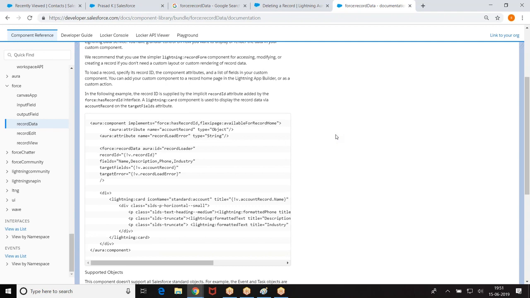It is an interface which is implemented by the component, which ensures that when we add this component on any one of the existing record pages, the ID of the record will be passed to this component. Once you get the ID of the record, this is the record on which this component is added. So we can create child records, or you can display the parent data in the component.